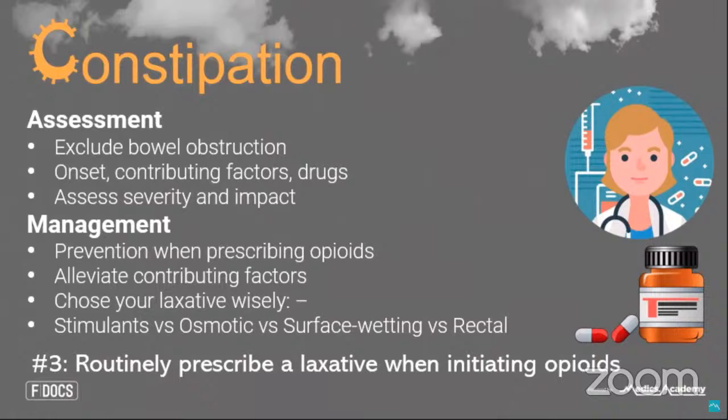And also thinking then about the different types of laxatives. Does this patient need a stimulant laxative? So if their stool is soft enough but they're struggling to go frequently, they probably need a stimulant laxative like Senna or Bisacodyl. If the patient is really struggling with a very hard stool and struggling to go, they may need a combination. They may need a stimulant and a softening laxative in the form of magnesium hydroxide or sodium docusate.